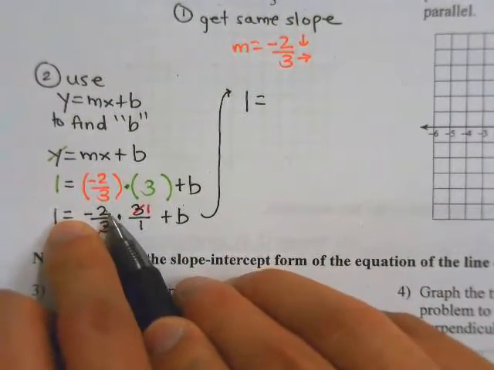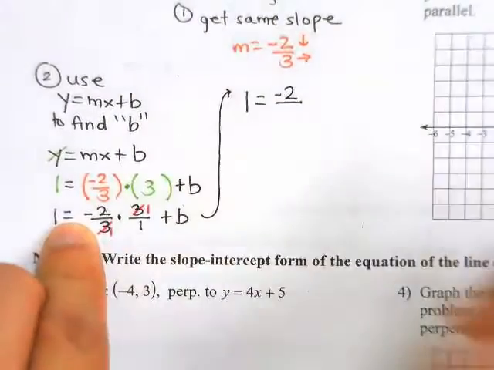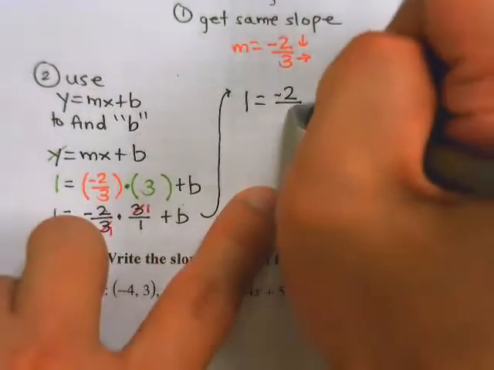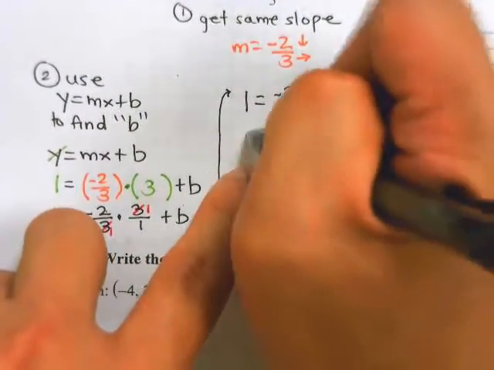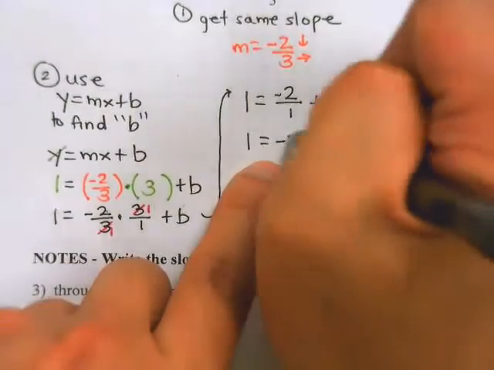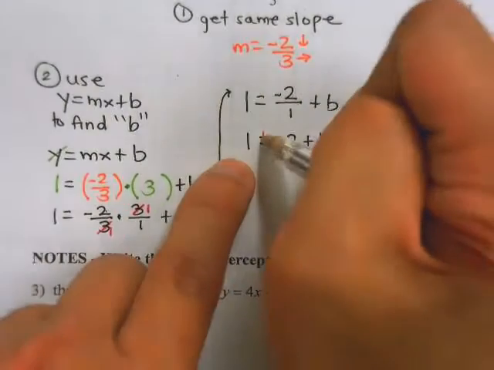Class, what is negative 2 times 1? Negative 2, that's on the top. What is 1 times 1 on the bottom? 1. And you guys have told me that dividing by 1 is going to be the same thing on the numerator. So this is going to be negative 2. Now this looks like a simpler equation